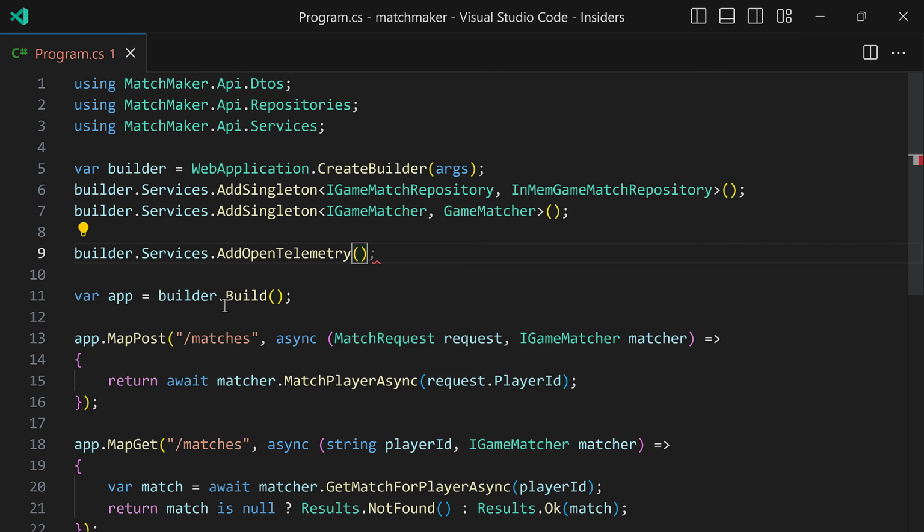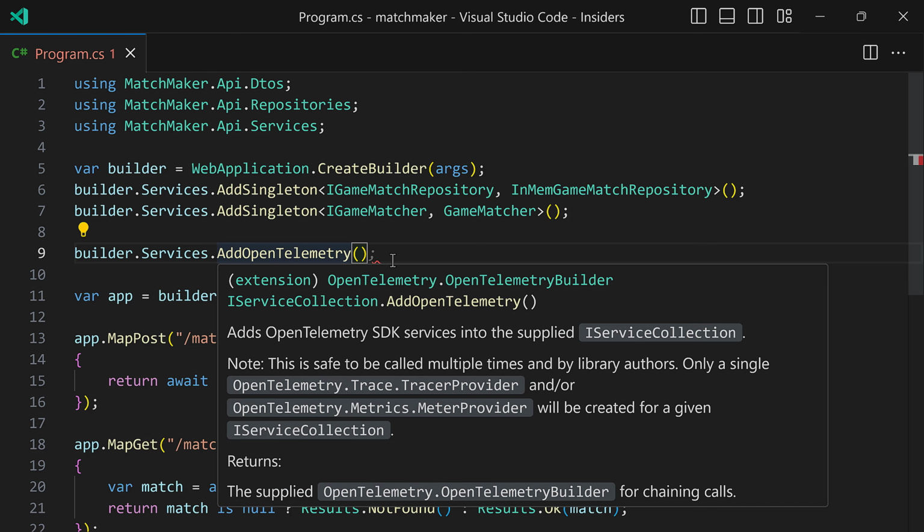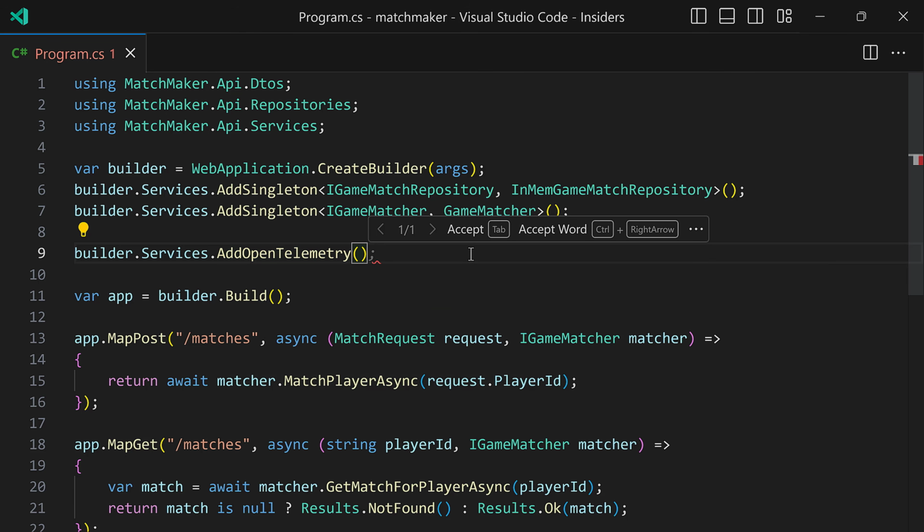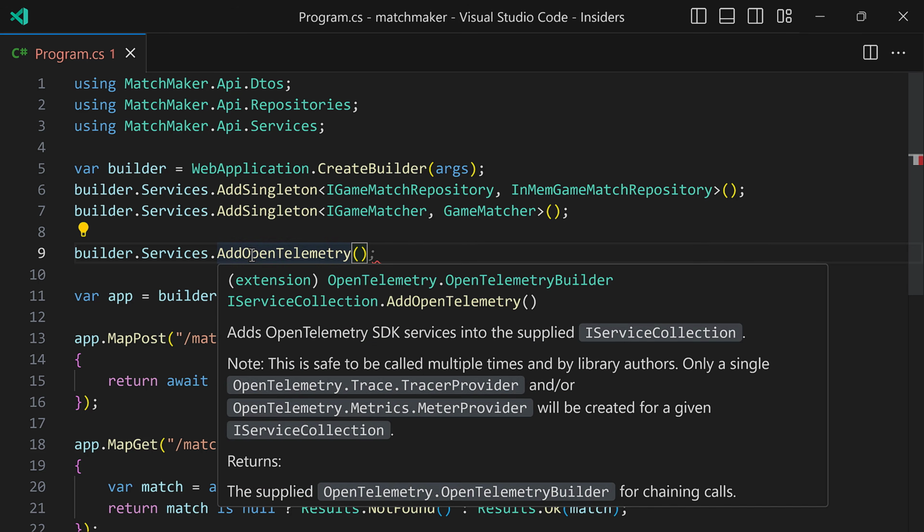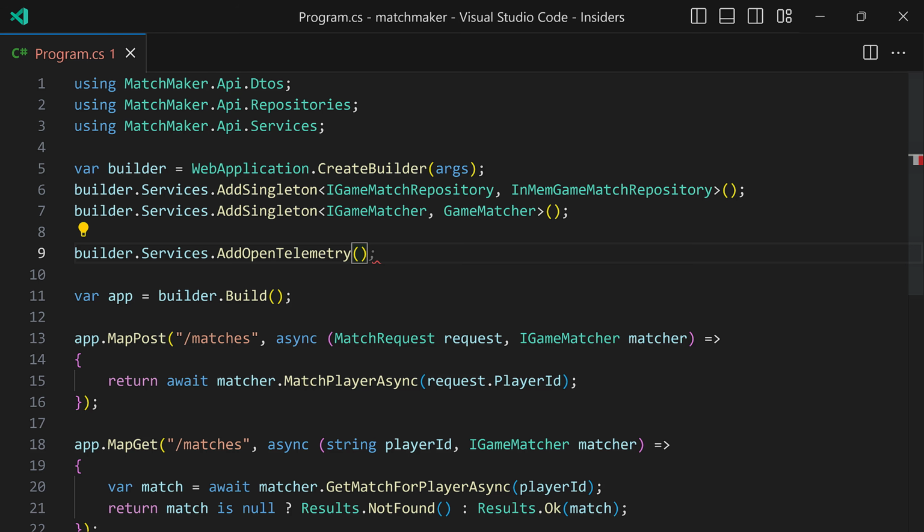Now, just by adding this one line over here, we are able to start collecting the basic metrics of the application, including a few very interesting ASP.NET Core metrics. So that will take care of the collection phase, but we do want to export these metrics specifically into the Azure Application Insights service, which is part of Azure Monitor. And because of that, we do want to add one more thing here, which is going to be use Azure